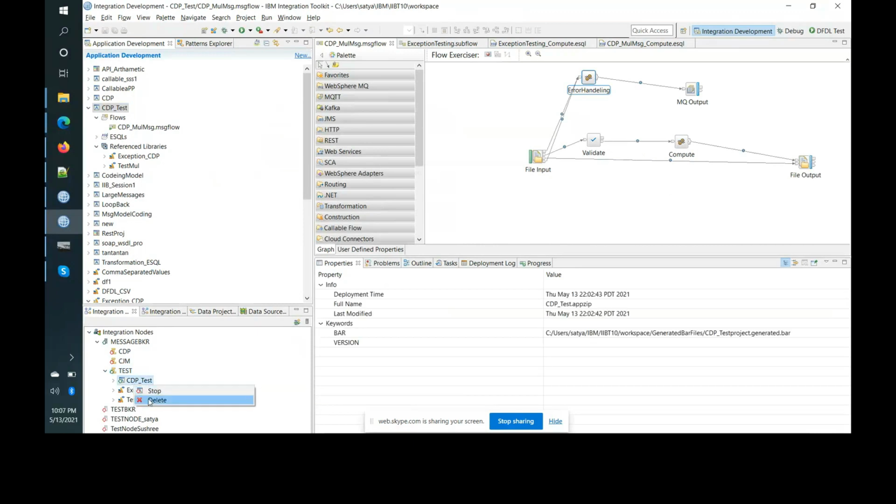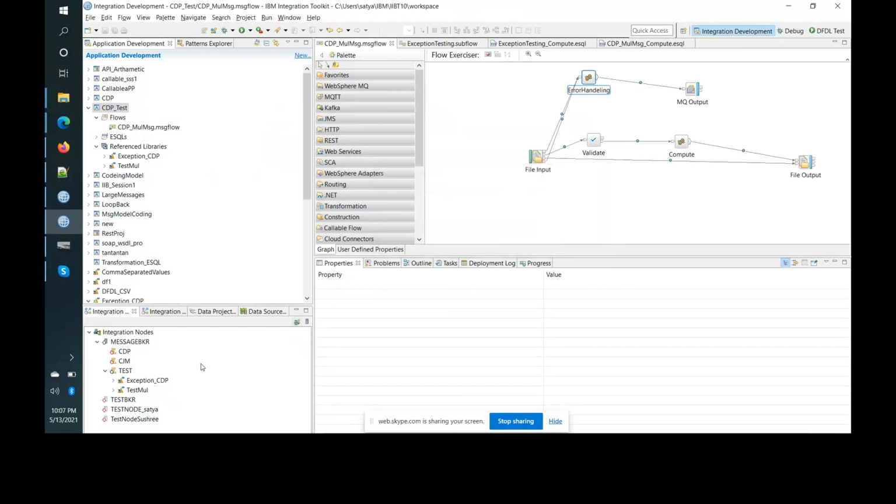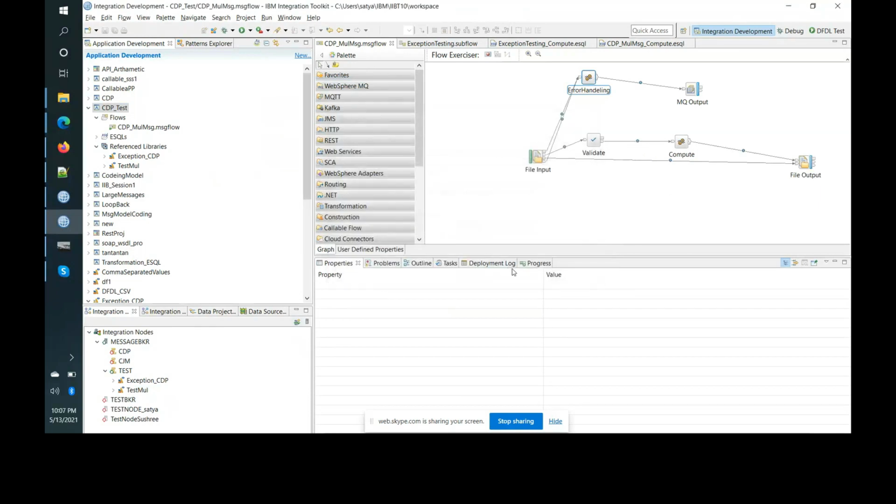Yeah, delete it. Click on project once again. Search project, run. Clean this. Clean the project. Click on OK. Now drag and drop CDP test.